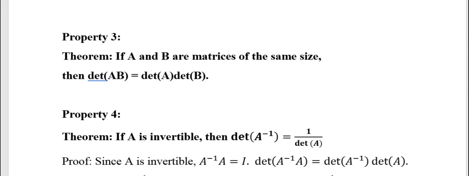Property 3, if A and B are matrices of the same size, then the determinant of A times B